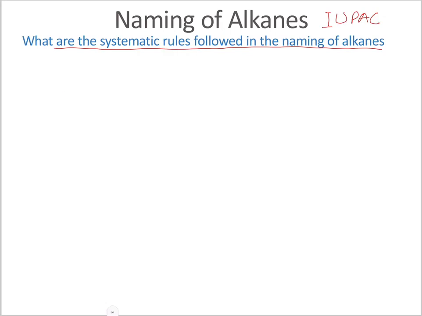Let us have 2, 3, 4, 5, 6, 7, 8, and we could have 1 carbon atom there. We could have 3 attached in that format. We could have 2 carbon atoms attached that way, and we could have another 1 carbon atom here. The first thing we need to do is to recognize the longest chain. So our longest chain has 1, 2, 3, 4, 5, 6, 7, 8 carbon atoms,